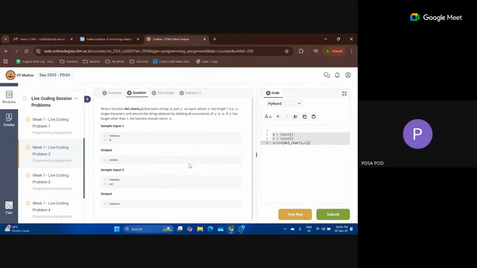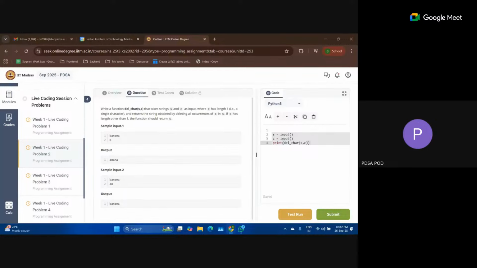So the second problem is we will be given a string. A string is basically a statement or a sentence or a word or anything, a bunch of characters put together. We are given one string, and then there will be another string. The second input is another string, which is basically one particular letter. There is exactly one letter. What I have to do is go through the entire string and find the characters which are equal to this particular character.